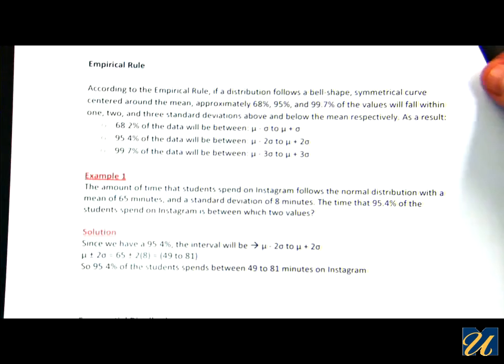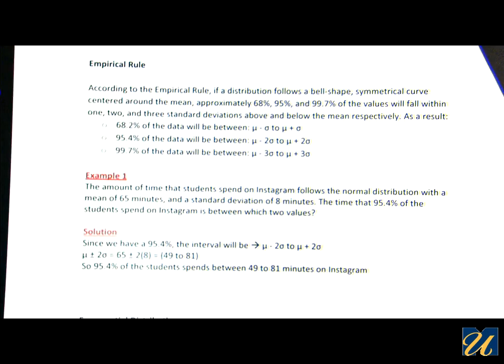Now, the empirical rule is used for normal distributions. According to the empirical rule, if a distribution follows a bell-shaped symmetrical curve centered around the mean, then approximately 68%, 95%, and 99.7% of the values will fall within 1, 2, and 3 standard deviations above and below the mean respectively, which means 68%,